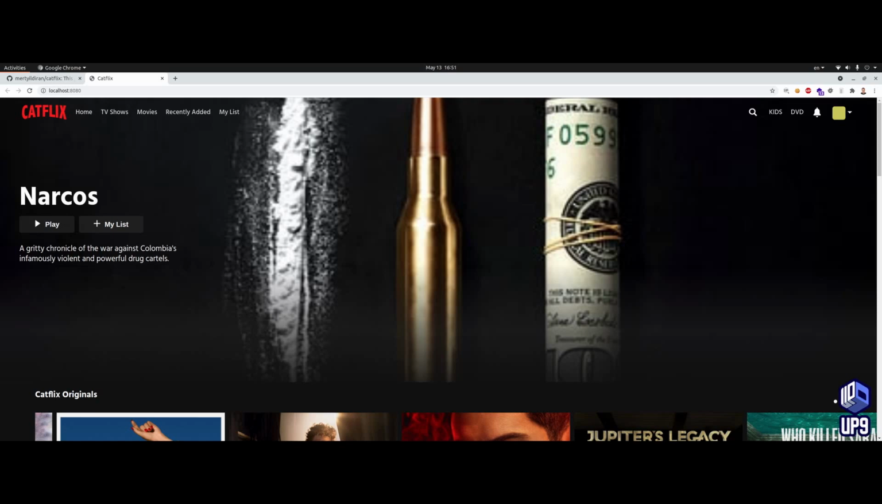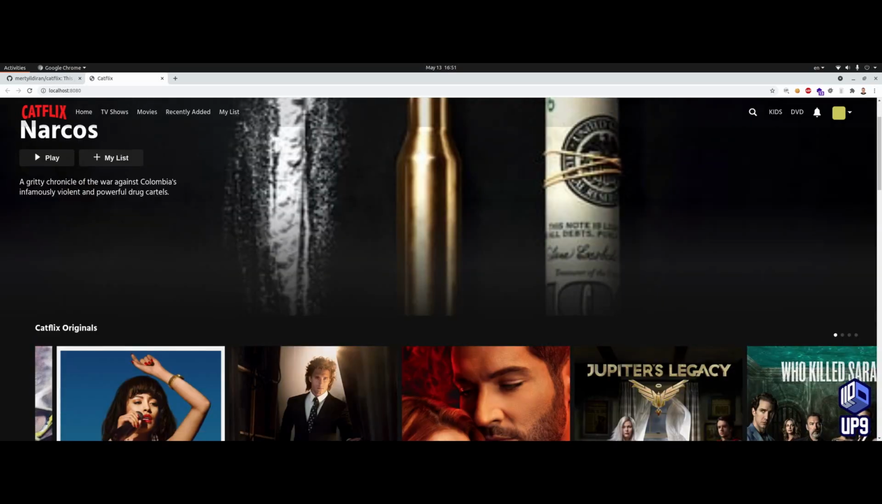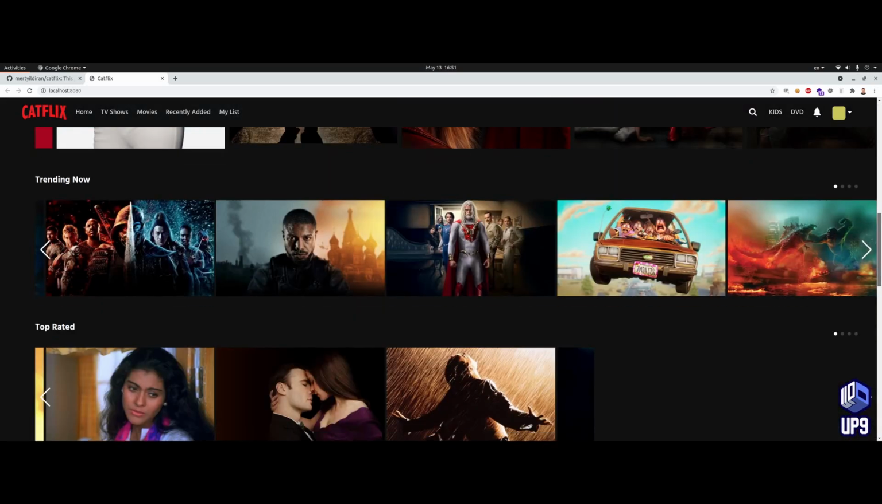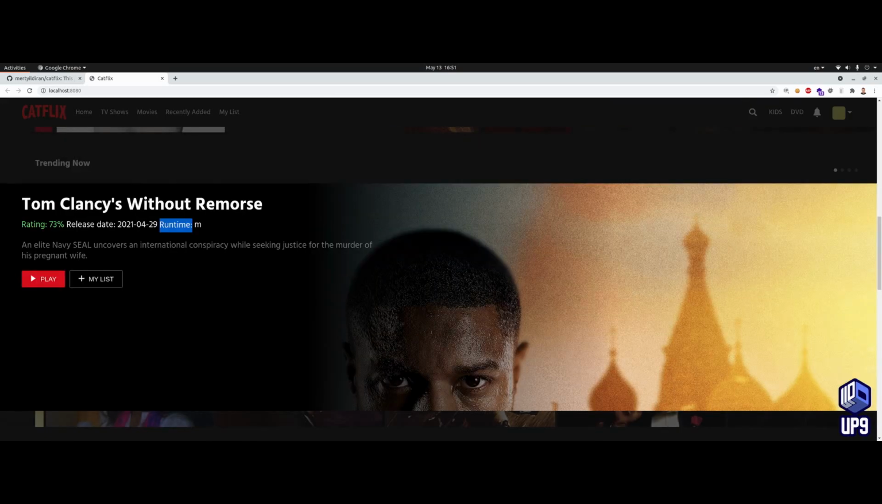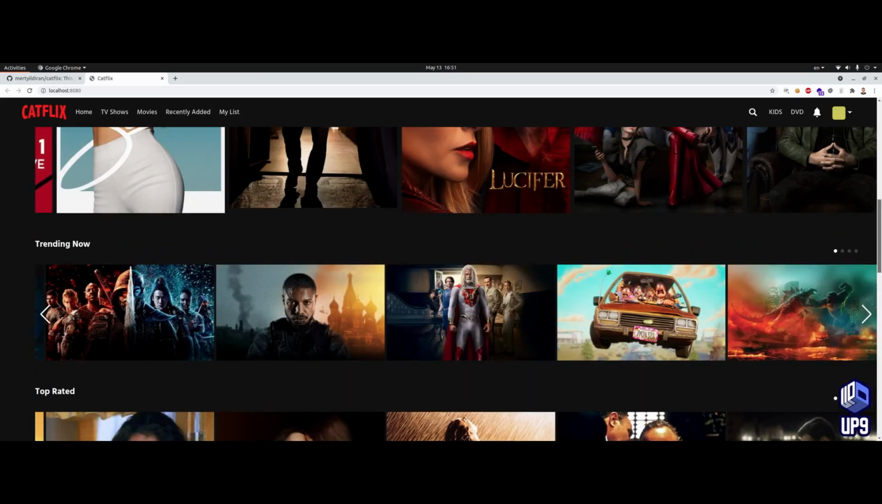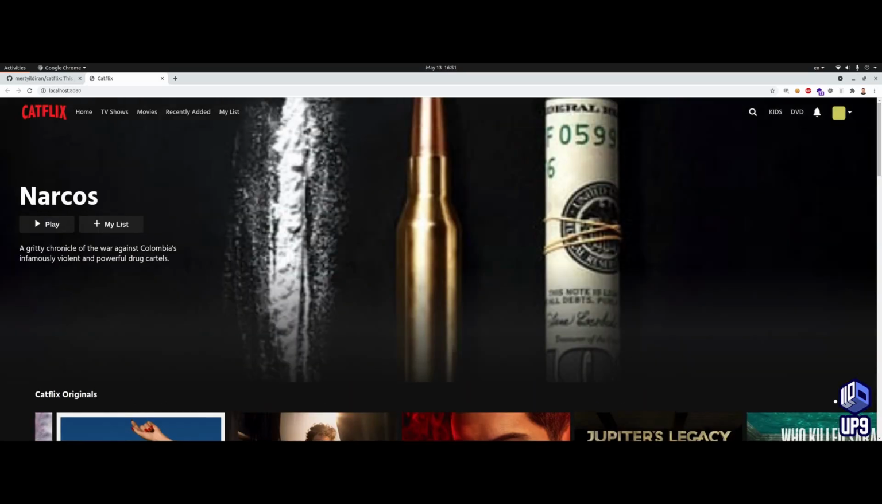Welcome. Let's say I am the lead front-end developer of Catflix and I need to add a new field to the UI which shows the runtime of the TV series or the runtime of the movie. And to achieve that, first I need to file an issue to the backend, so the backend team will develop